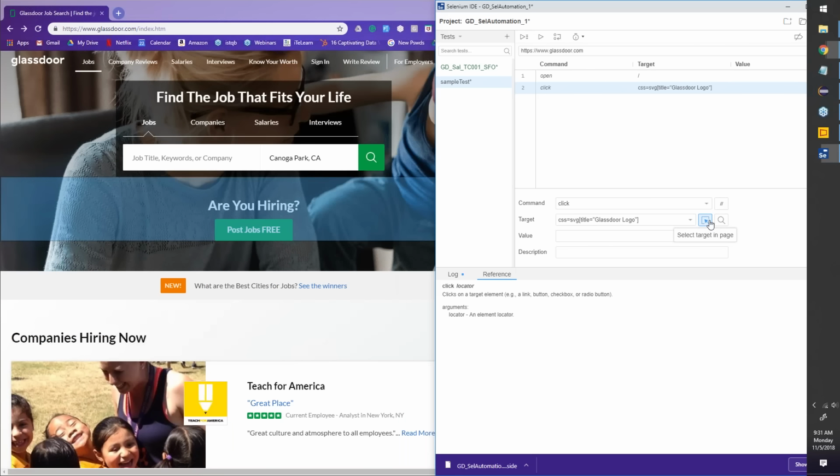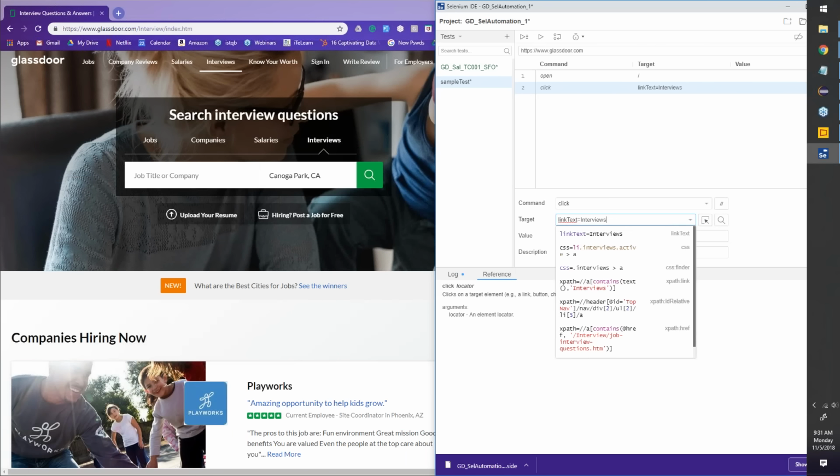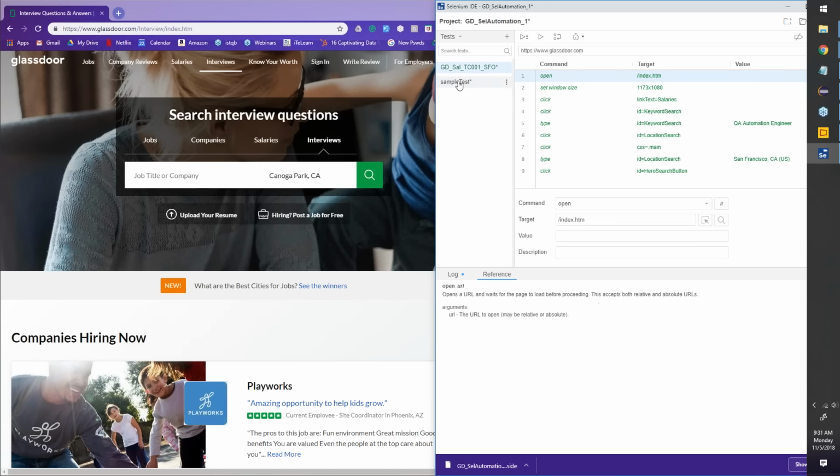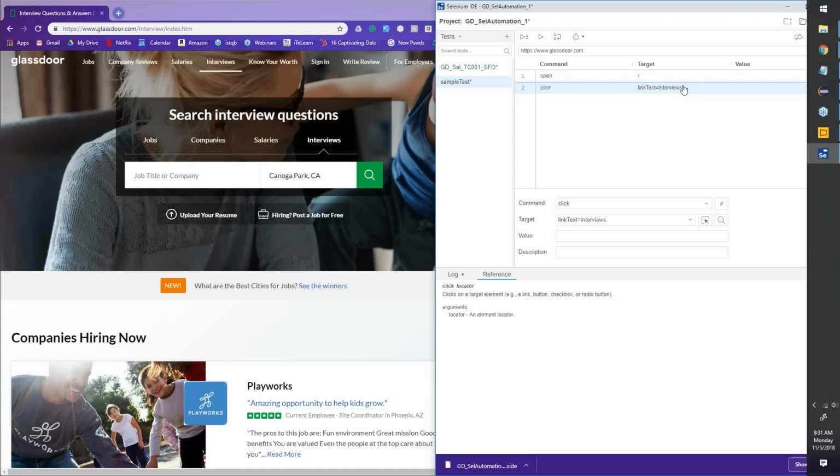See, the first test just said link text salaries. So whatever is there, it is also here. There does not seem to be all math. There seems to be some simple English-like logic. See, link text is interviews. Maybe that is how it is searching. In fact, it is, but how do we know that? That is important. So let's say I clicked on interviews, team.